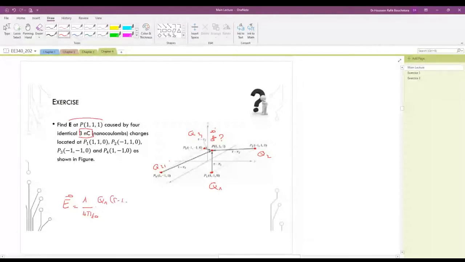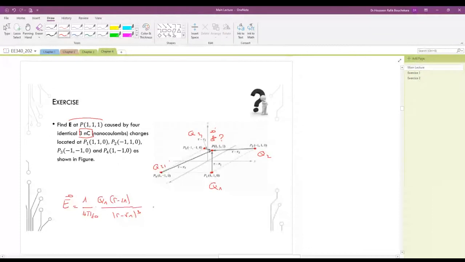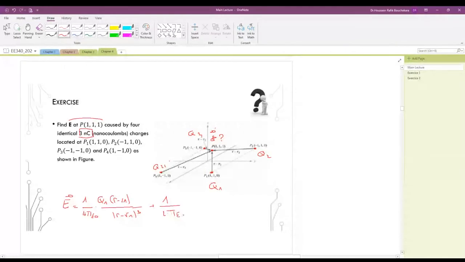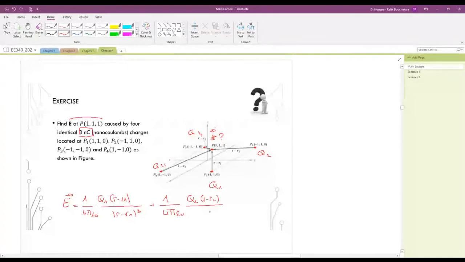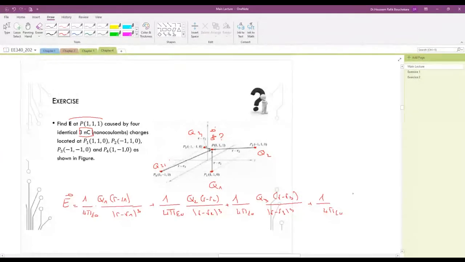1 over 4 pi epsilon 0 صح؟ في Q1 R minus R1 over R minus R1 cubed صح يا ساجر؟ plus 1 over 4 pi epsilon 0 Q2 R minus R2 على R minus R2 cubed plus 1 over 4 pi epsilon 0 Q3 R minus R3 على R minus R3 cubed plus آخر شيء 1 over 4 pi epsilon 0 Q4 R minus R4 على R minus R4 cubed. صحيح يا ساجد؟